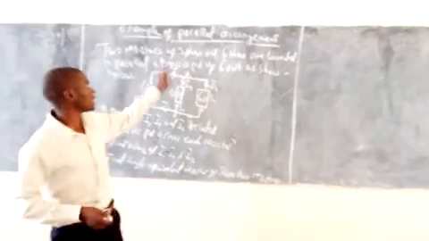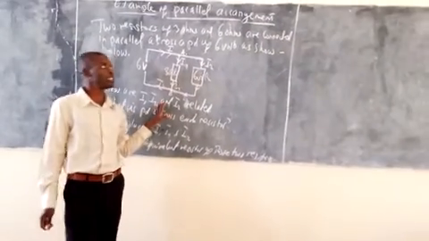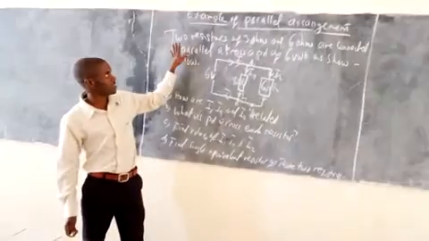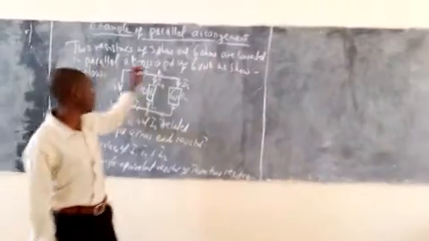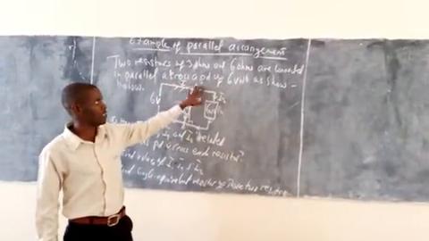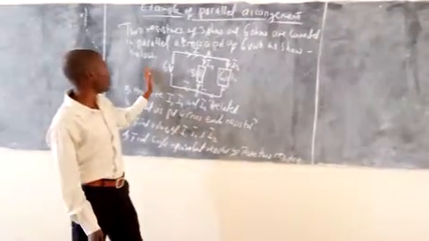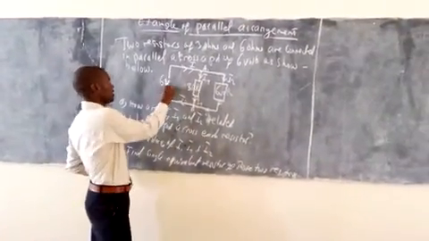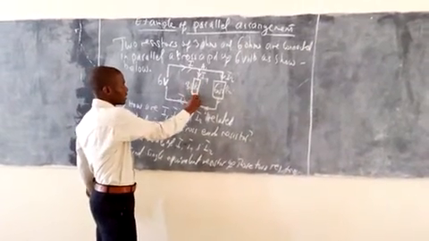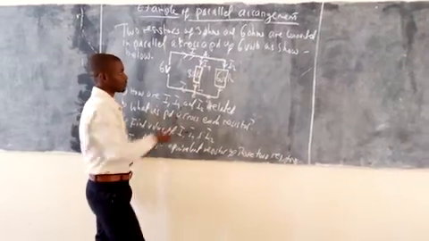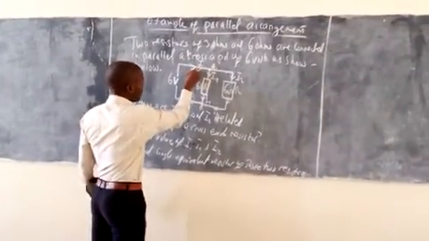Today we are going to see some examples of the arrangement of resistors in parallel. Our example says: two resistors of 3 ohm and 6 ohm are connected in parallel across a PD of 6 volts, as shown below. We have a figure. This is the 6 volts battery connected to two resistors in parallel. We have 6 and 3. We have the current I flowing,